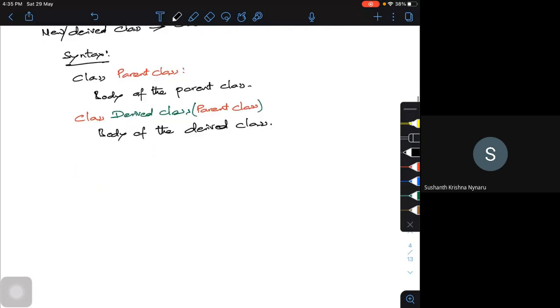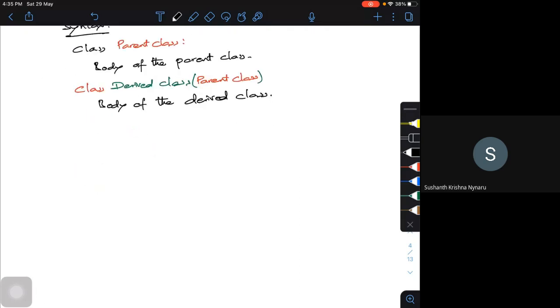Now I'm going to create a class, the inheritance class. Let me write it. This is my parent class, the bird. Now I will have the instance methods.